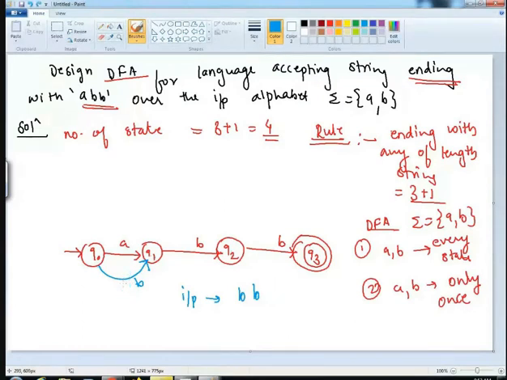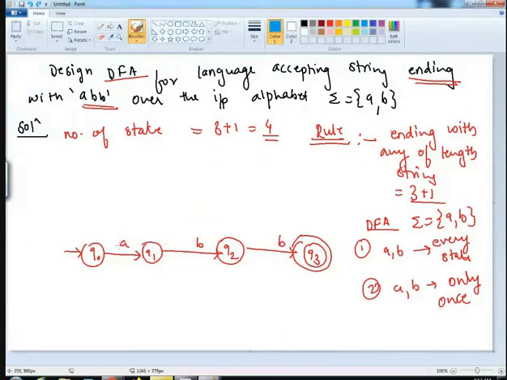So what can I do? I will take another alternative. Can I place it on Q2? अगर मैं Q2 पे B डालती हूँ और मशीन को input देती हूँ BB, तो मशीन Q0 से Q2 को जाएगी, Q2 से Q3, जो कि इनकरेक्ट है. The machine should take only ABB as an ending substring. So I cannot place it on Q2 either. If I place B on Q3, this is also incorrect. Why? Because the machine will move from Q0 to Q3 directly with a single B and go to an accepted state, which is the double concentric circle. So I cannot place it here also.